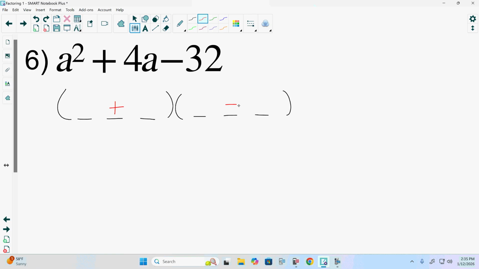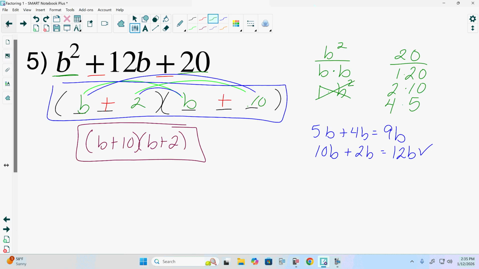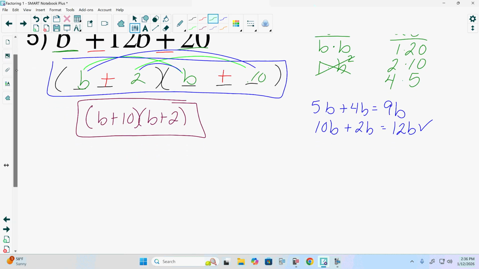Factors of the first and third terms. What are our factors of a squared? a and a, yes? Are there any others? 1 and a squared, but that doesn't help, unfortunately. And part of the reason that doesn't help, I'll show you on the last one, because if we used 1 and b squared,